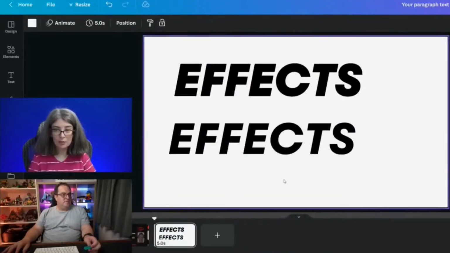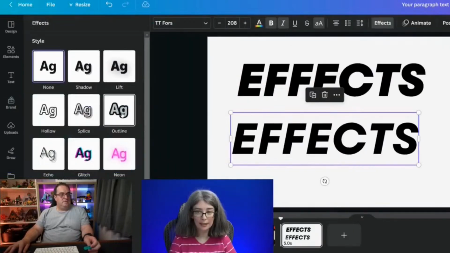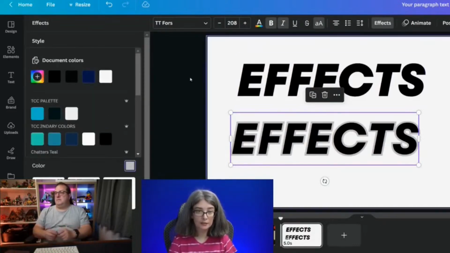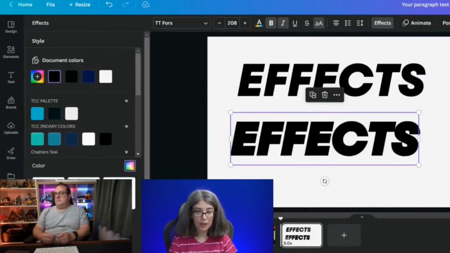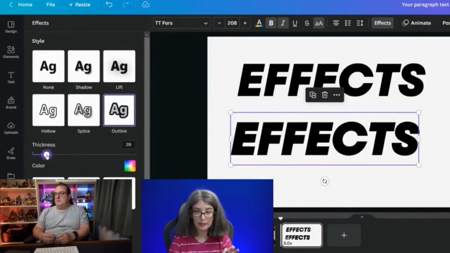But let me show you how to make your fonts a little bit bolder if they're unboldable fonts. Go to this one, and we're going to go to the word effects. We will go to outline, and it's going to outline your whole word for you. And if you want it to be a little bit bolder, then you can click the color and change the color to the color of the font, and it will be a little bit bolder. And then what you will do is just adjust the thickness a little bit so that you can actually read the words. But yeah. I love that tip.